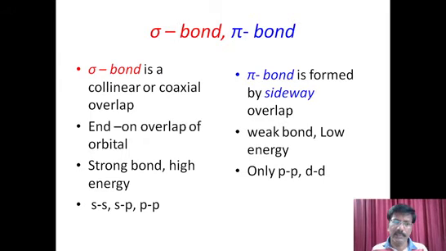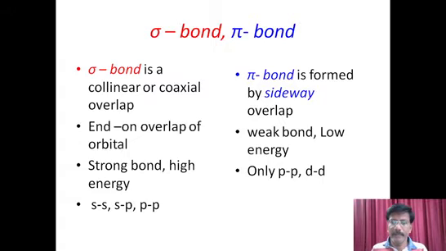For example, s orbital with s orbital, and p orbital with p orbital. Such combinations give sigma bonds. But here, what we have to understand is that if you take px, then you have to take another px. That is x-axis interaction, which is the only one possible to give sigma bonding. Whereas pi bonding is between p and d type of overlapping.